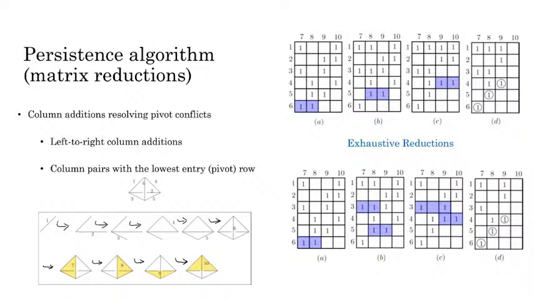Okay, so in this particular example, this is a simplicial filtration. It's a sequence of simplicial complexes. How do I compute the bars for this simplicial filtration? With respect to the function value, the endpoints of the bars are nothing but the values of the function which I have taken here.